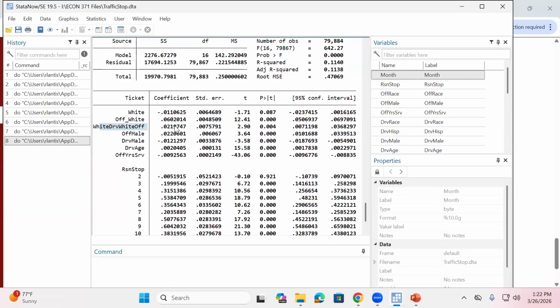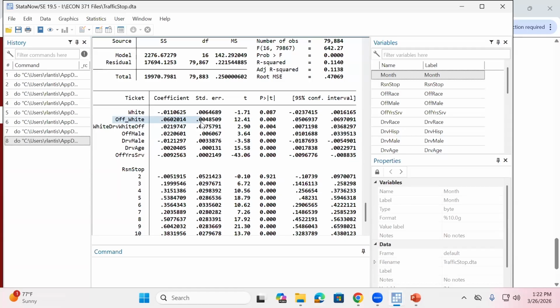And then what's even more interesting maybe from these results is that it doesn't say there's no discrimination, right? Because let's think about what the coefficient simply on officer being white represents. Well, if the officer was white and the driver was white, what would I actually add up? I would add up every one of these coefficients, right? So that's the marginal difference between issuing a ticket if the officer is white versus non-white. Maybe white drivers are issued tickets at slightly higher rates. But here, if I just look at this coefficient, what is that telling me? It's the probability that I issue a ticket if the officer is white,